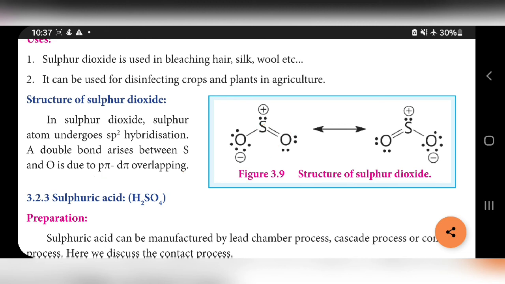See here, if one lone pair moves here, a double bond is formed here. After forming the double bond, this bond moves out as a lone pair, so again this oxygen gets 3 lone pairs. In the same way, if this lone pair moves here, a double bond is formed here. After forming this bond, one of the bonds moves outside as a lone pair, so again this oxygen has 3 lone pairs. So only the minus charge is formed.